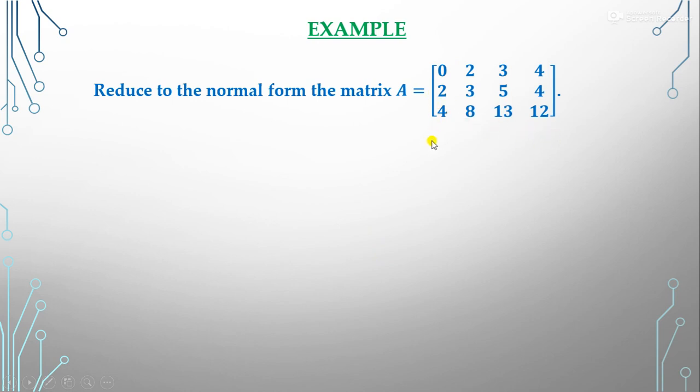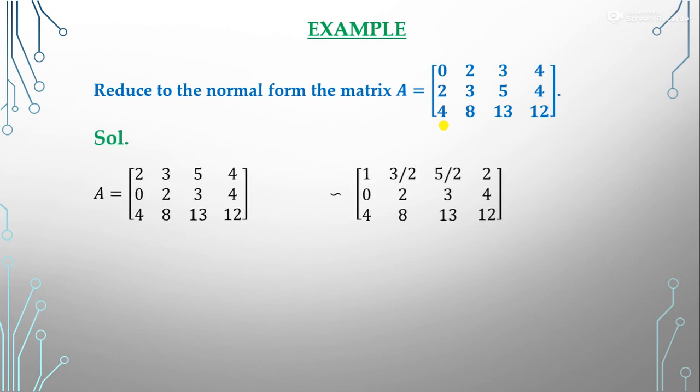So what we do here to find the rank of the matrix by the normal form: first you have to convert your matrix into the echelon form. After that, you use the column operations and convert into the normal form, then decide the rank. So first, our motive is to reduce this matrix. You have to make the identity matrix first, and after that the other elements will be 0.